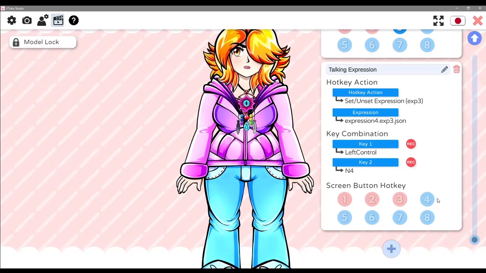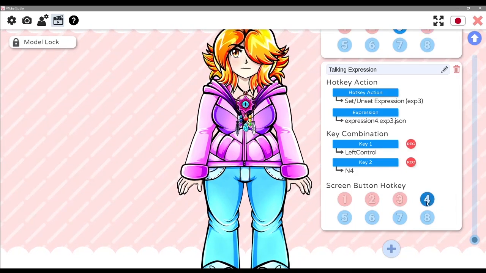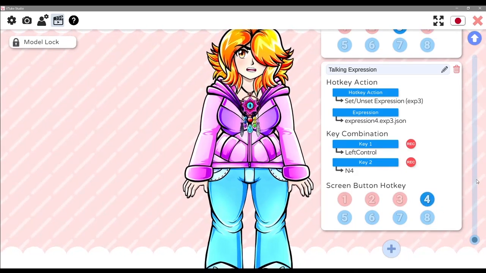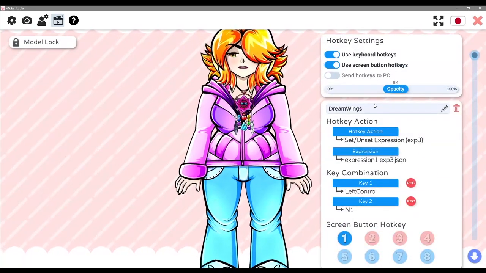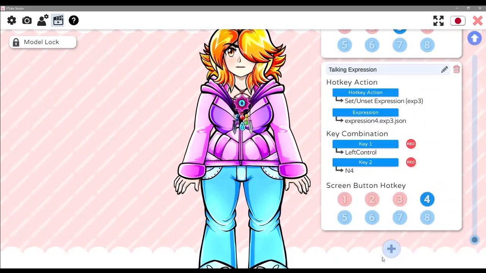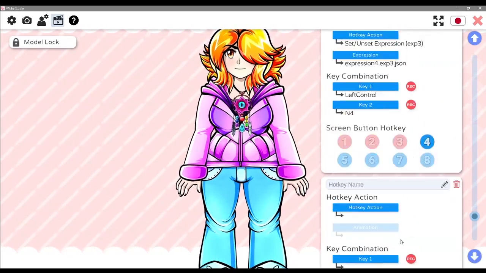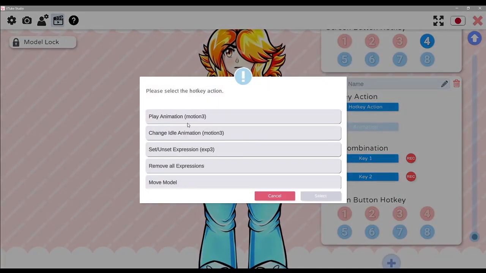So in my case, I could set a screen button hotkey on the side here to 4. And now I've got a 4th button. Now I'm going to show you how to create a temporary animation. So of course, again, click on the plus button and go on hotkey action. So this one here, play animation that says motion free. Click on that